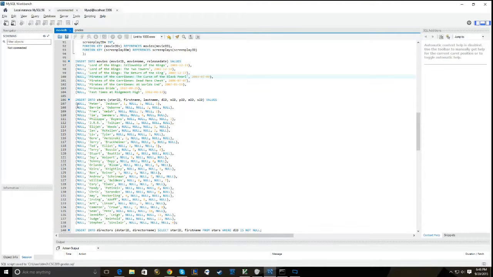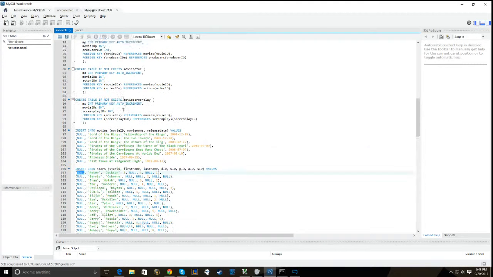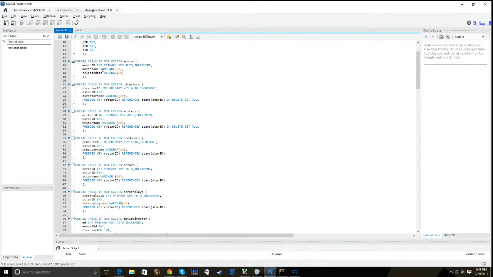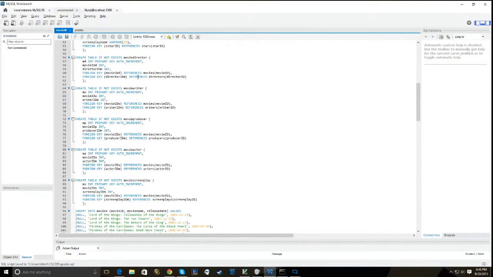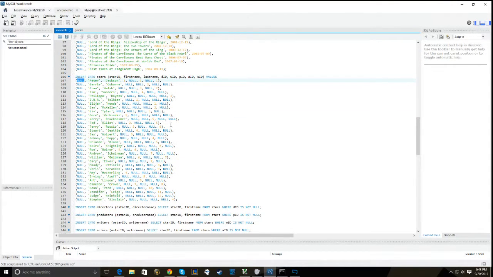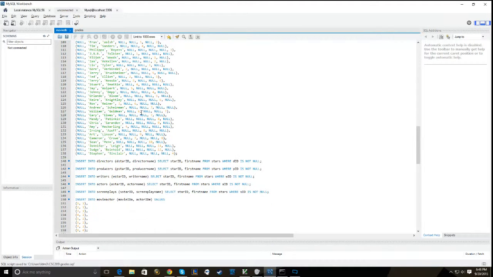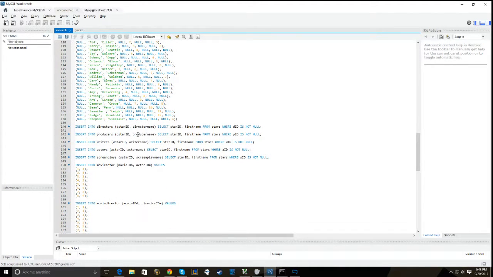And if you notice on the inputs, we have nulls for the initial values, which would be our IDs, just because they're going to be autofilled with the auto increment that we put in way up at the top. Anyways, so, massive data splurge. And then here, just to make our lives a little easier, we have the